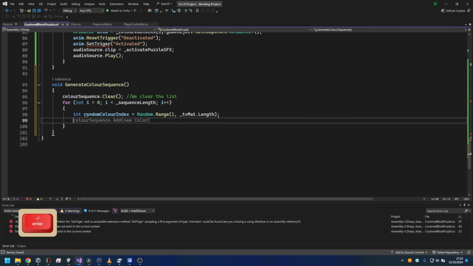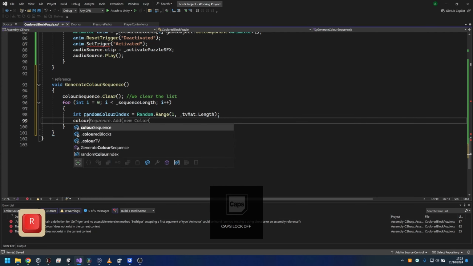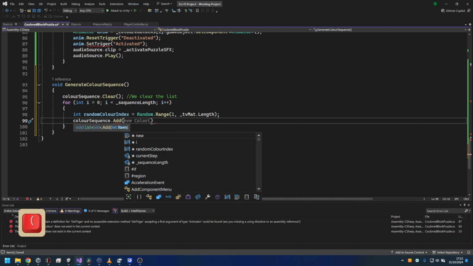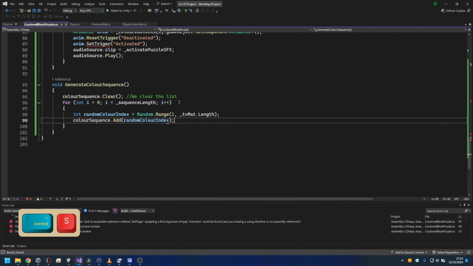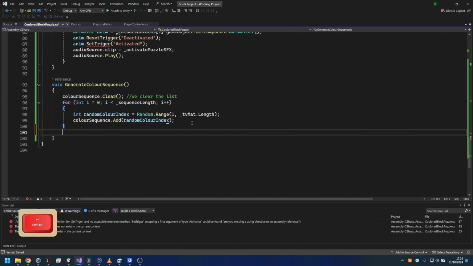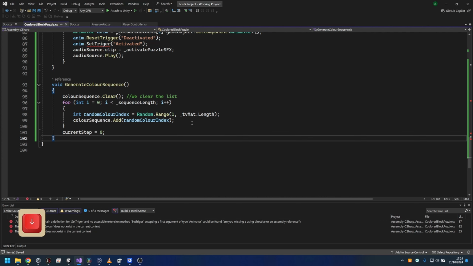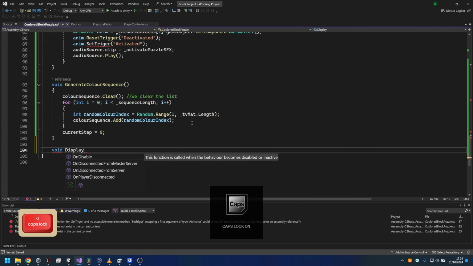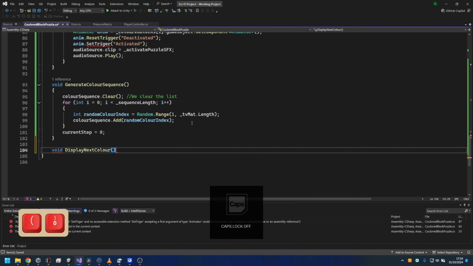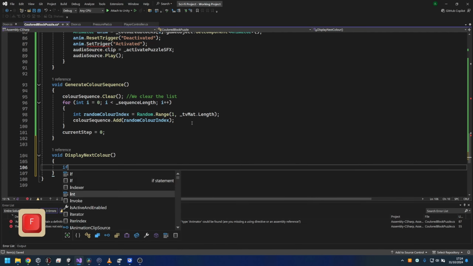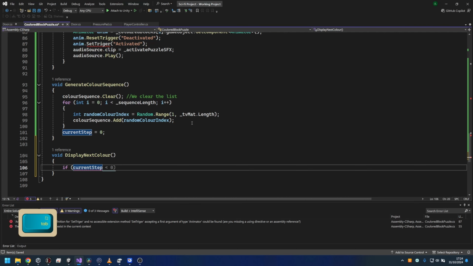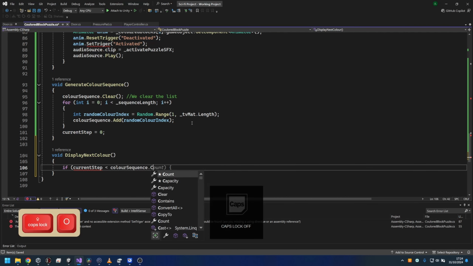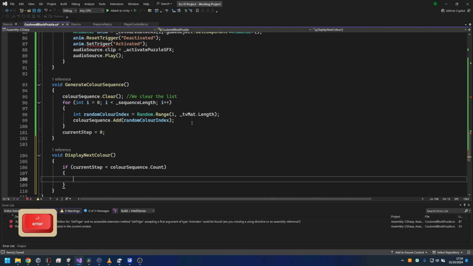So we set that and we say color sequence add. So we're going to add to the list the random color index. So we're adding to our color sequence list the random index, and the current step is equal to 0. Then we're going to do a void display next color. So if the current step is less than the color sequence dot count, so how many color sequences are in our list,